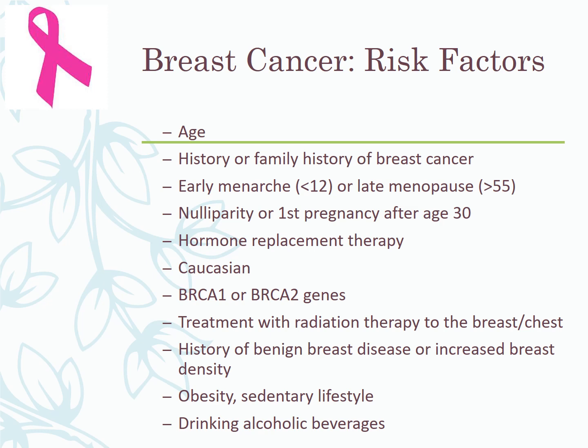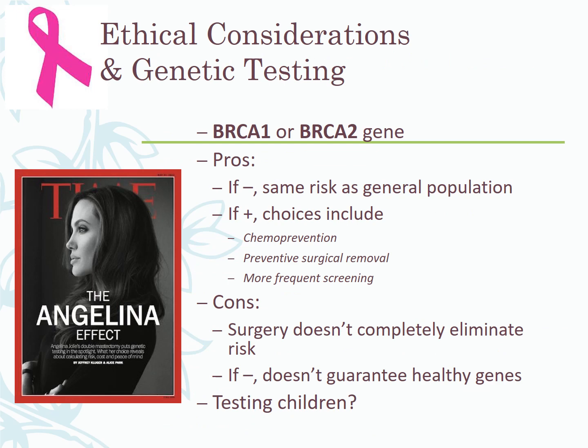We also look at BRCA1 and BRCA2 genes on patients. We're going to do treatment with radiation therapy to the breast and the chest. We want to get a history of their benign breast disease or increased breast density. We wanted to see if they can modify their obesity and sedentary lifestyle and stop drinking alcohol. So with the BRCA1 or BRCA2 gene, abnormal genes account for about 10% of breast cancers. The pros,